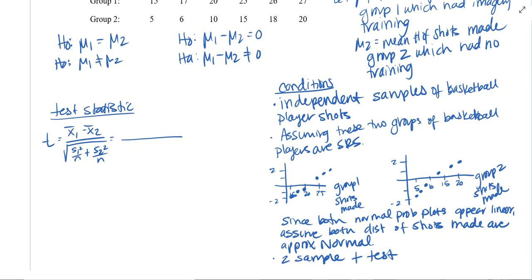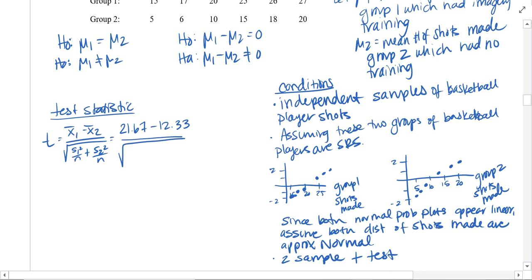Okay, so that's where all this is going to come from. You can tell though by the numbers, hopefully, like the first group looks like the numbers are in the 20s, whereas the other one is in like, I don't know, single digits and in the teens. So you should be able to tell that there does look like there's going to be somewhat of a difference. Okay, so one variable stats list 1, one variable stats list 2, and we're going to get 21.67 minus 12.33 for the 2 means.